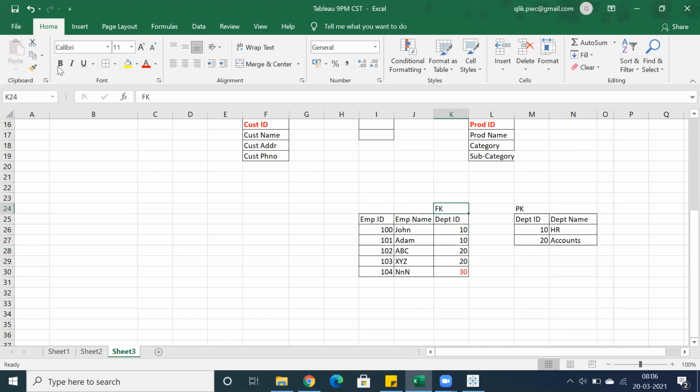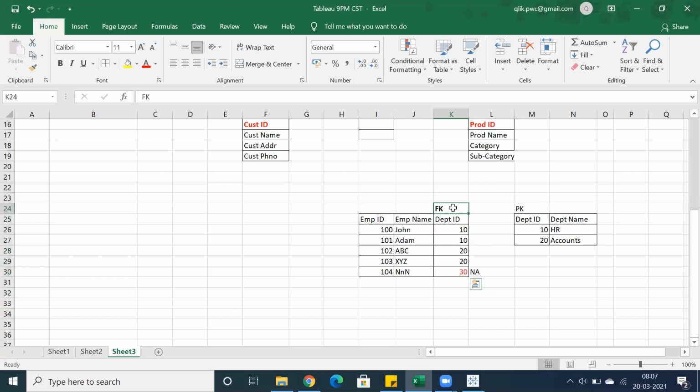If you mention that this is a foreign key, that means it will relate with this particular key column. Whatever data we have in the primary key, the subset of that data you are going to get in the foreign key. That is 10, 20, and 30th department is not valid, and it is going to throw an error because it won't allow the 30th record.